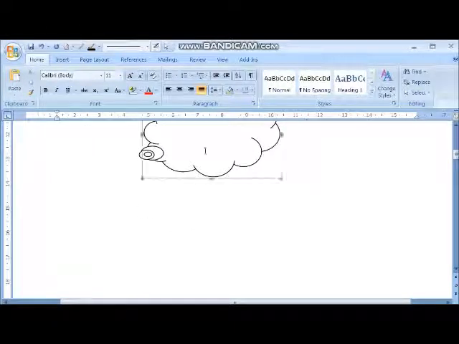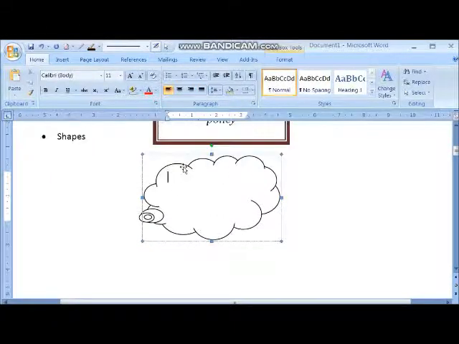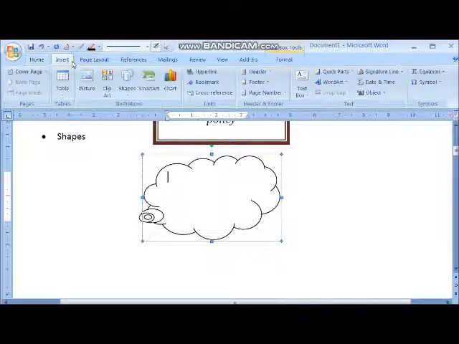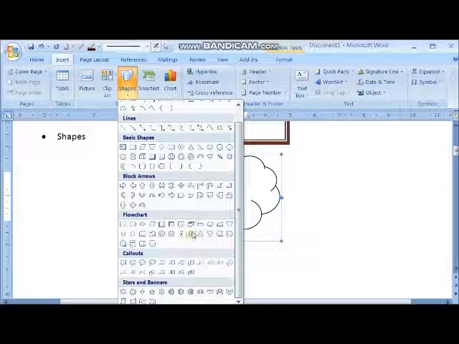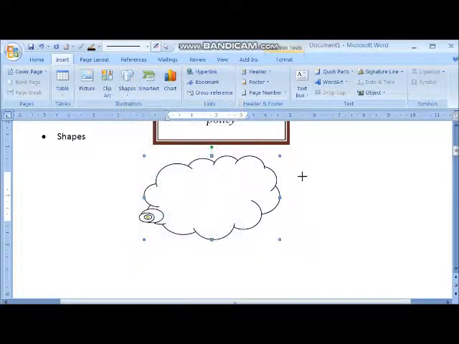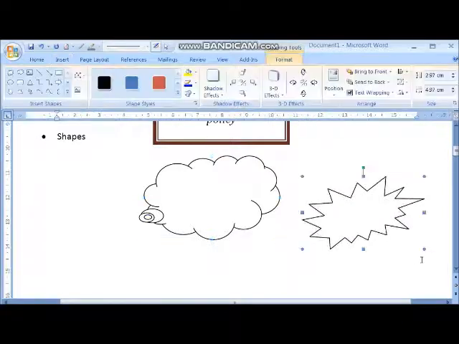So the shape will be inserted. एक call out. कहाँ से insert किया हमने? Insert. Then your shapes and different shapes are available. You can insert any shape of your choice. Like I am going to insert this shape. Okay. Then how to write within that text?